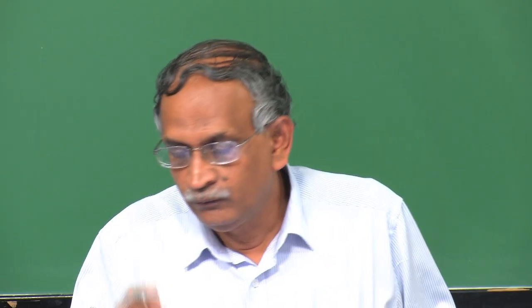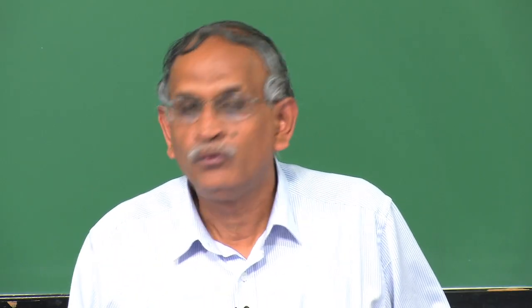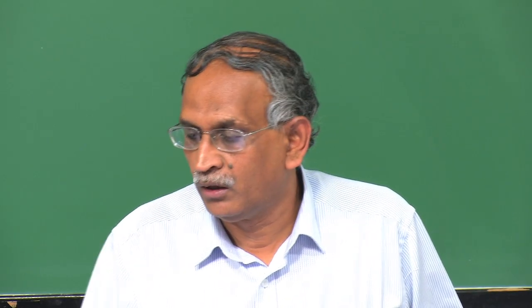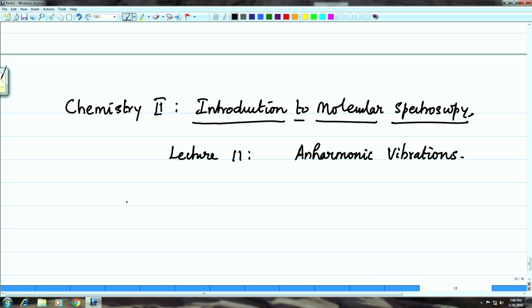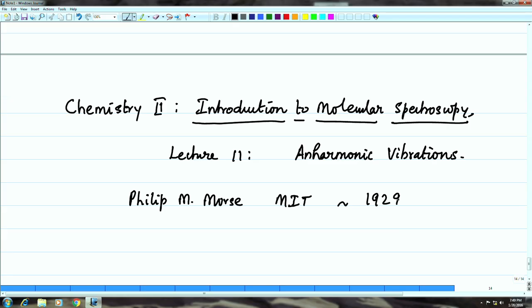We shall continue the lecture from the harmonic vibrational spectroscopy of a diatomic molecule to look at one model for the anharmonic vibration, and this model is due to Professor Philip M. Morse from MIT around 1929. He came up with the molecular motion being anharmonic and the vibrational motion eventually leading to,